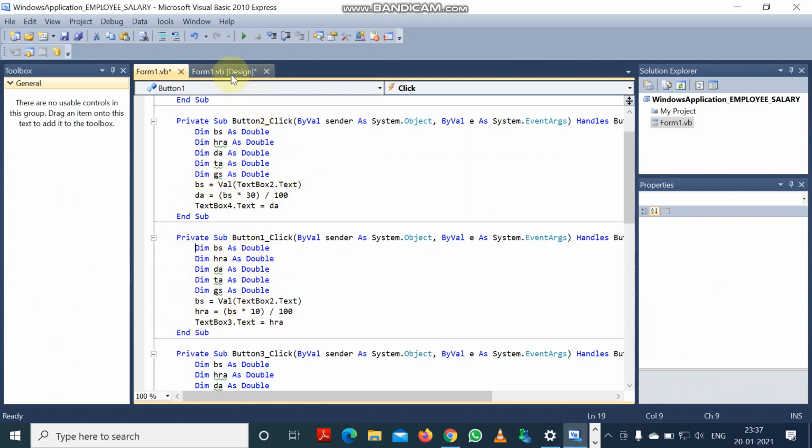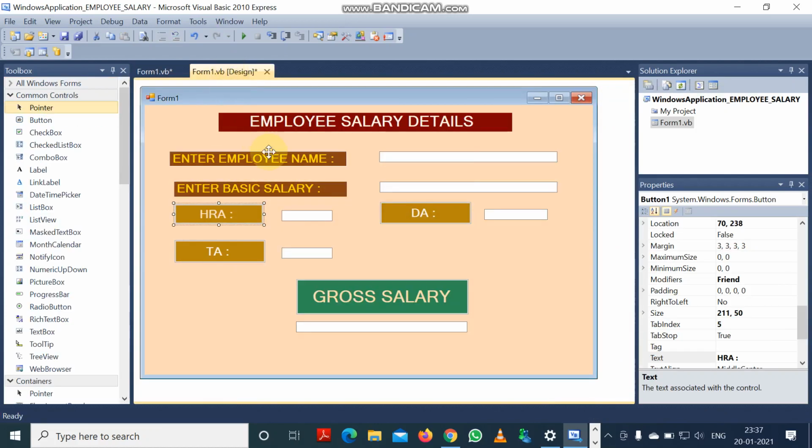So remember that I'm going to the design window for this application program. This is the design window where we have selected the label boxes, text boxes and buttons to represent the application. On the form, this is the platform, the name is form, and on the form we are taking 3 label boxes and 6 text boxes and 4 buttons. So this is the design window. Now for the buttons we write code.